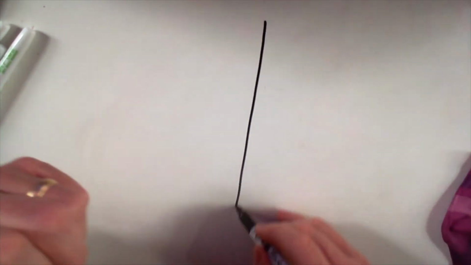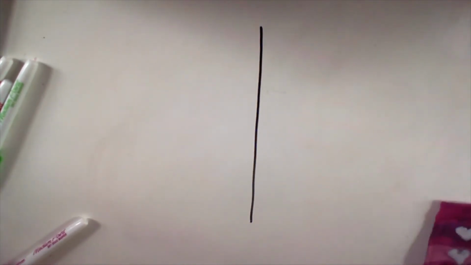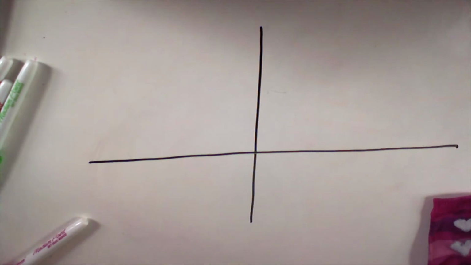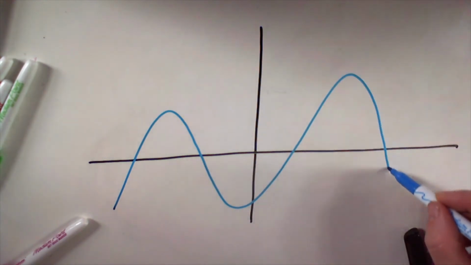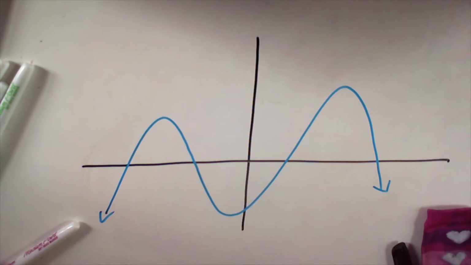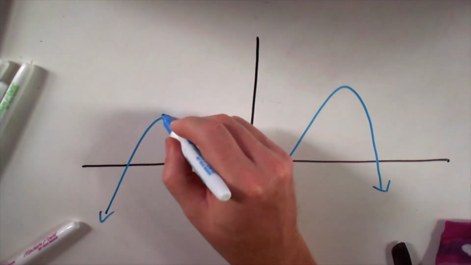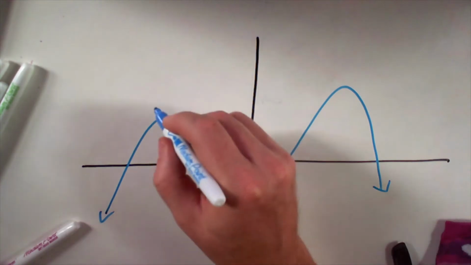That means we've got this function, and it can do a variety of things. Functions can go up and then down and then up and then down. So here's a function, and I'm just going to label some points on this function so that we can talk about it. Let's say that this is the point -1, -2, -3,